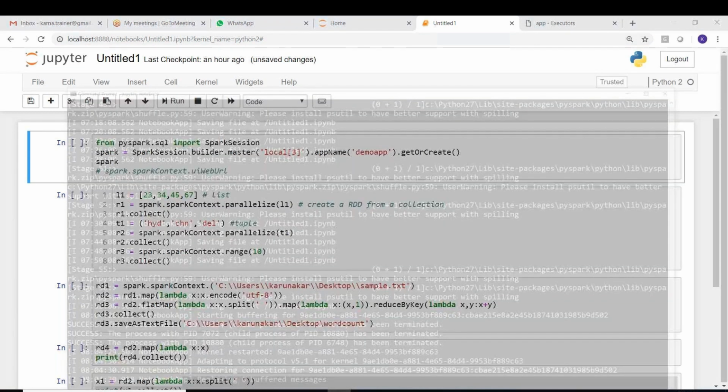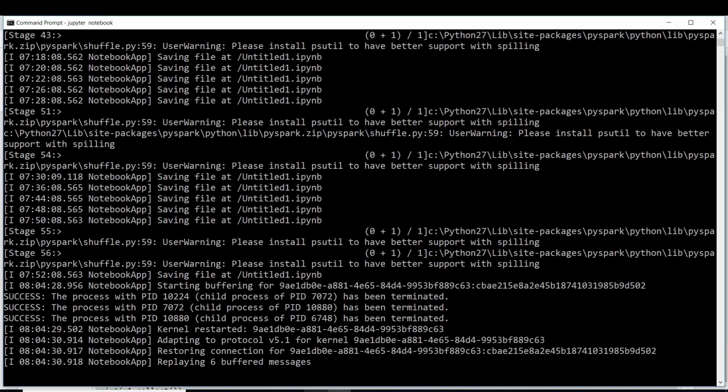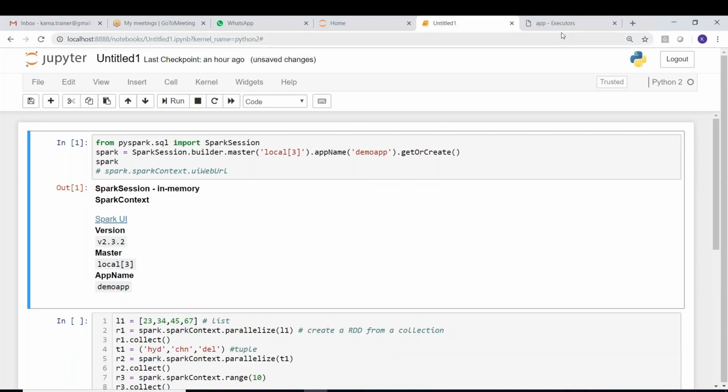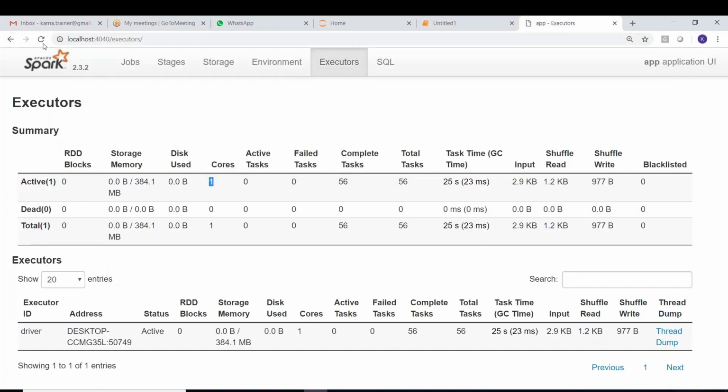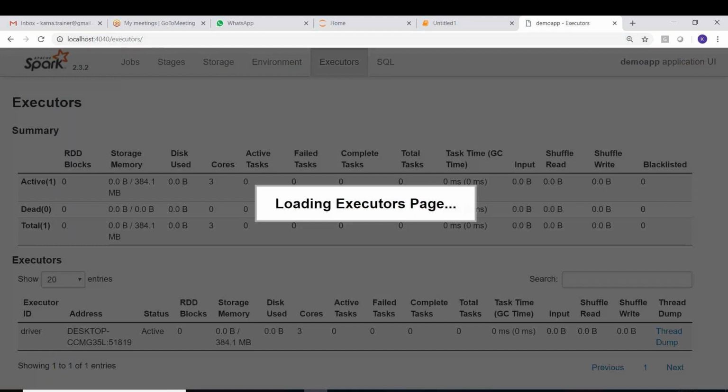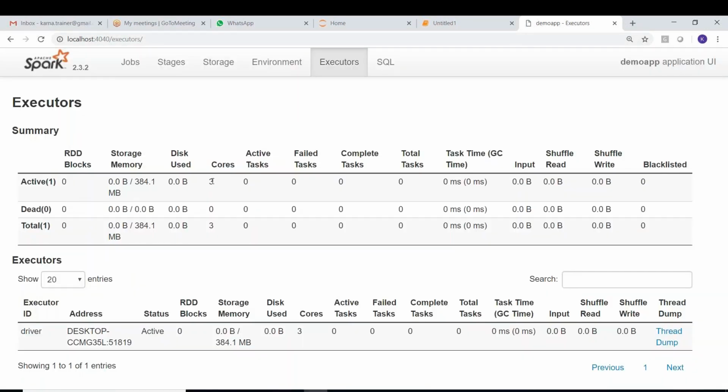Now it is done. Let's run this. Now if you go here and refresh this page, you can see the number of cores is 3.